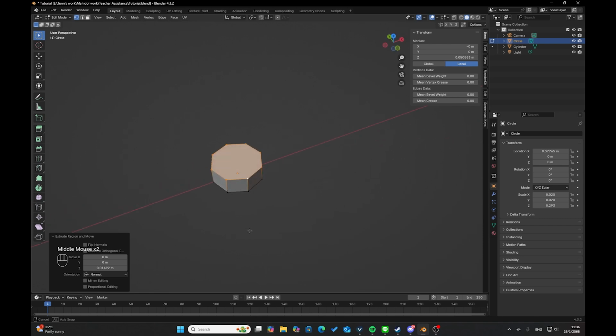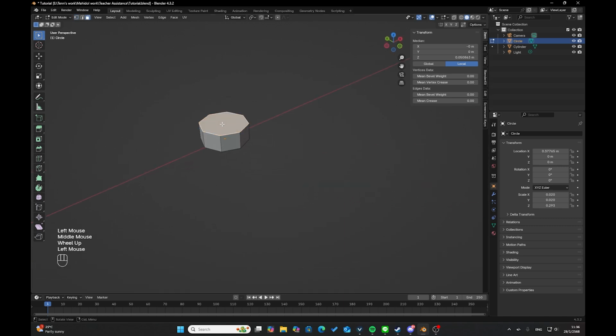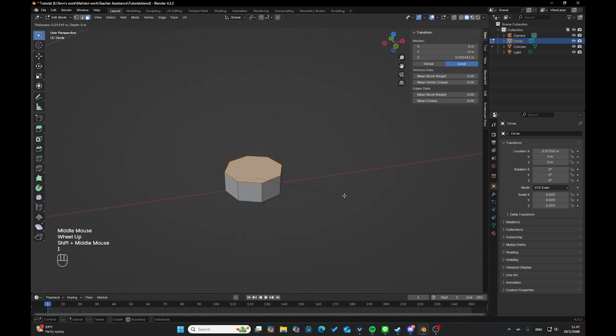So we are going to bump it up a bit by using the inset and then grab it. To do that, we are going to select both the face on the top and on the bottom, and we are going to press I for inset